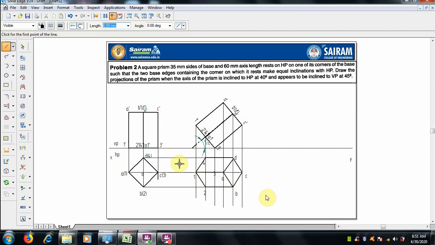So the 3C is hidden now. So 3 is on the hidden side when we are seeing from the top, the 3 and 4, these should be done with hidden lines. We cannot leave it as it is, we have to show it by selecting hidden.